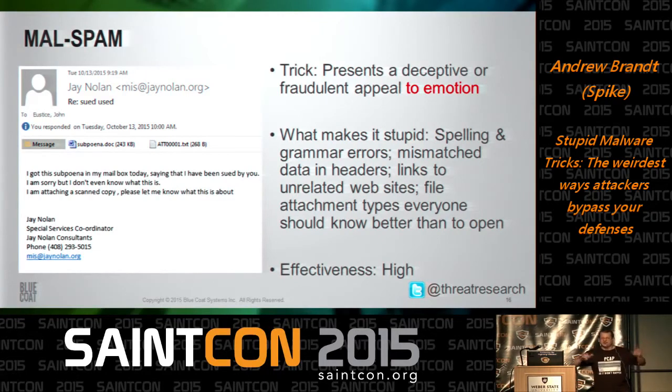It's no longer just you have a package, UPS is trying to deliver it to you, and they can't get it to you, here's your shipping information. It's gone way beyond that. All these tropes are part of the mal spam family, and they continually grow. So we could say, watch out for stuff that looks like a shipping email, or look for stuff that says it's from the police, that says you have a speeding ticket. But the reality is, it's just designed to make you click before you think, to get that emotional thing firing up in your chest, like, oh no, something bad, I gotta check this. Before you think about it, you've already infected yourself,